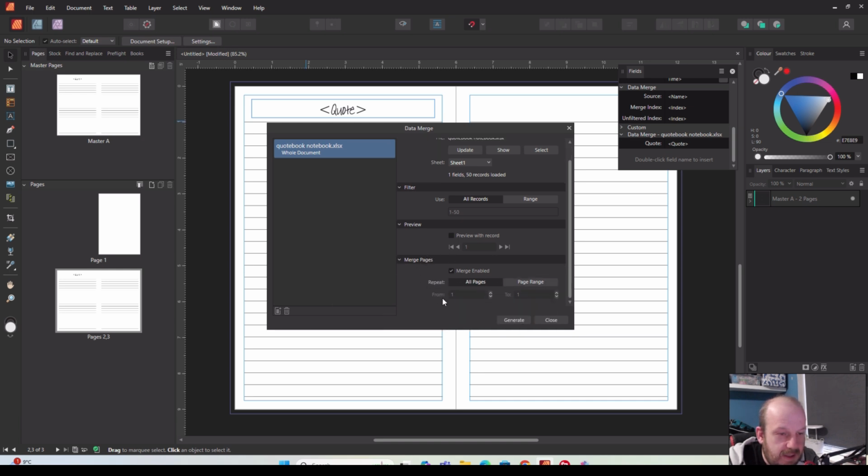And we're going to deal with this section here. So this is going to tell the data merge which pages we want merging and repeating. In this instance, we don't want all pages because there's nothing on page 1. We just want page 2 and page 3. And then when I press generate, it's going to generate a 101 page book